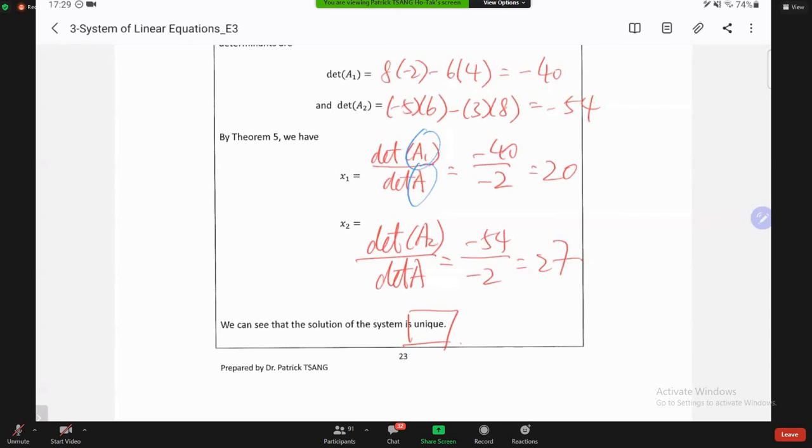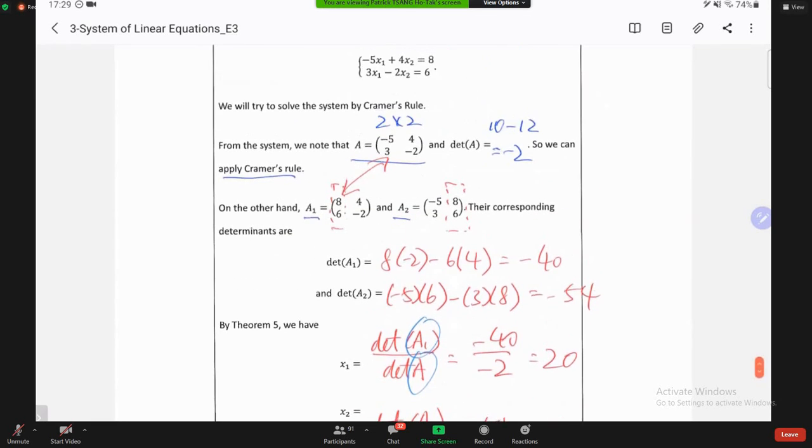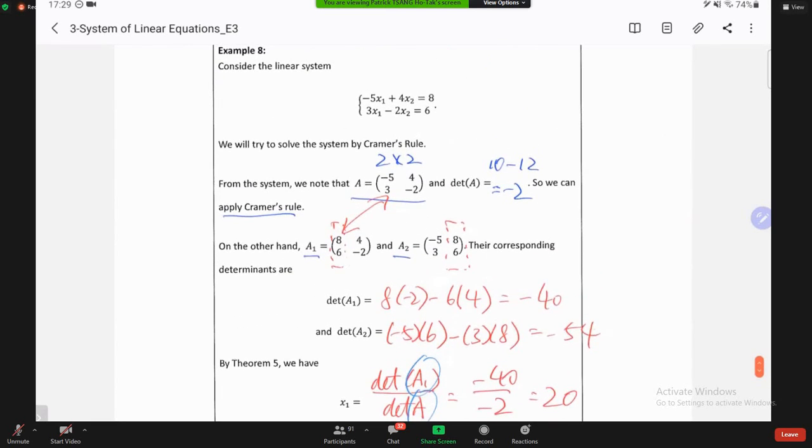But here I would like to give you two reminders. Even though you can see that in the two equations, two unknowns case, I solved it by Cramer's rule, I'm not going to say that Cramer's rule is better than the original or the traditional way to compute the solution,